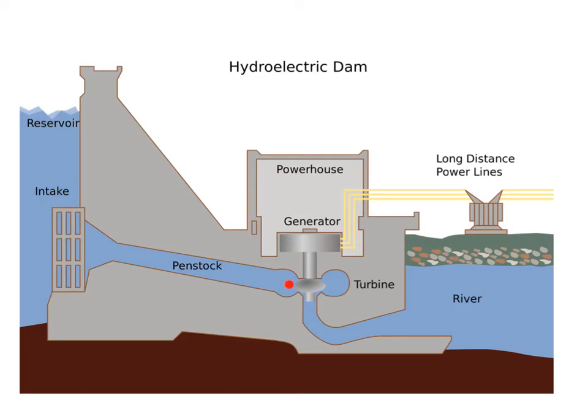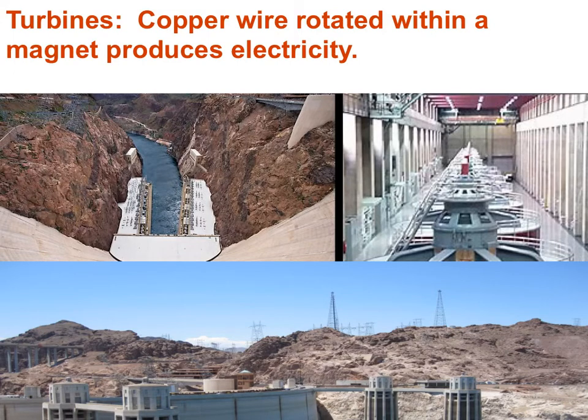The water flowing into the turbine and being released downstream is generally colder than what would be present without the dam, and the dam dramatically alters the flow of the river. The ecology of the river is changed by dams. In the upper left image, we can look over the Hoover Dam to see the magnitude of the drop. And in the upper right, we can see the turbines within the dam. And in the bottom, we can see the power lines that move the electricity to Las Vegas in Nevada.